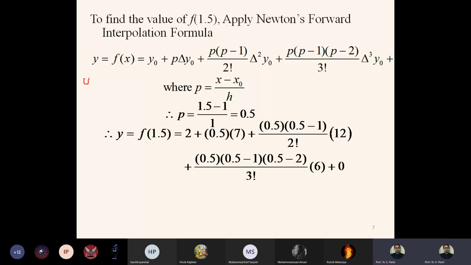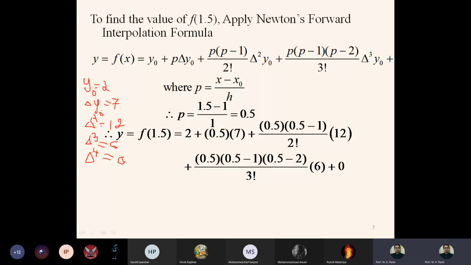So replace all these values. By a forward difference table, first value of y0 is 2, then first value of delta y0, that is 7, then first value of delta square, वो टेबल से हमें पता चल जाएगा, that is 12, एंड डेल्टा क्यूब की फर्स्ट वैल्यू जो थी वो 6 एंड डेल्टा रेस टू 4 0 था। ये हमें टेबल से मिल जाएगा। Now p value is known 0.5, y0, delta y0, delta square y0, delta cube, they are also known. So replace all these values into your formula.